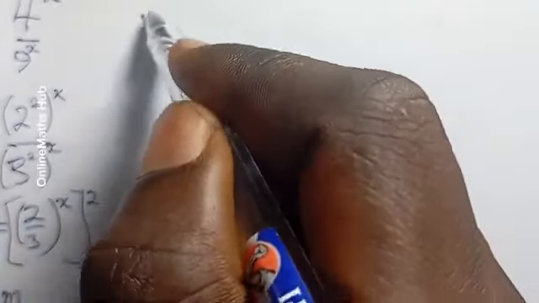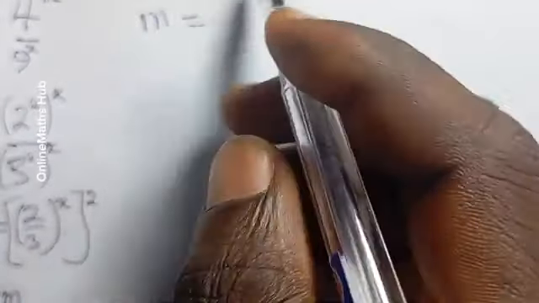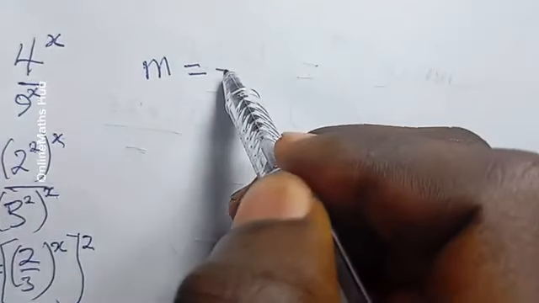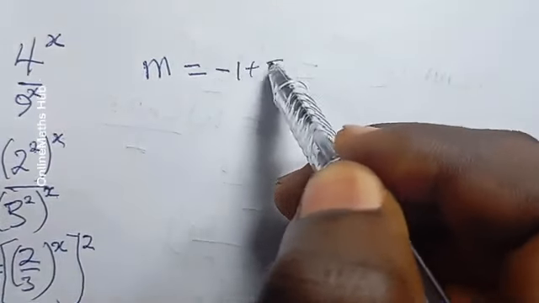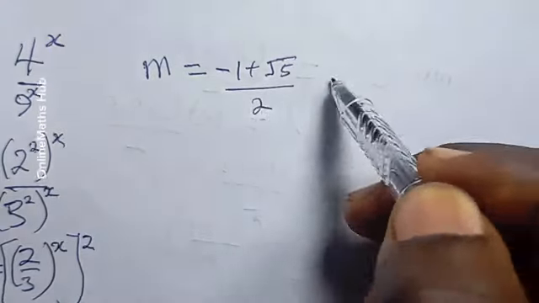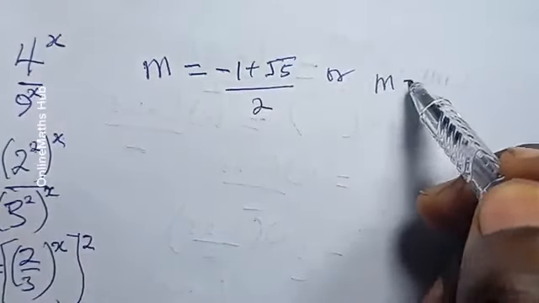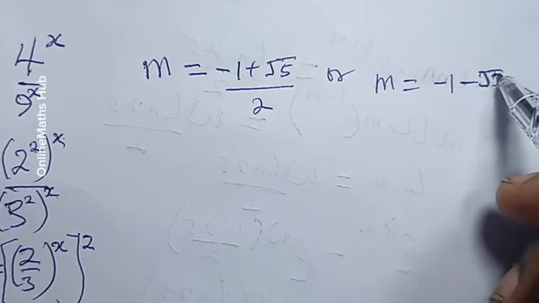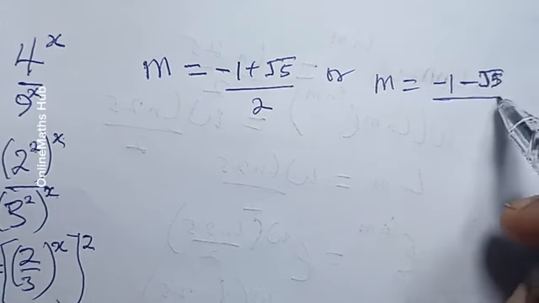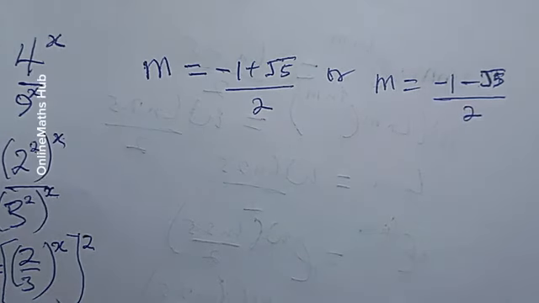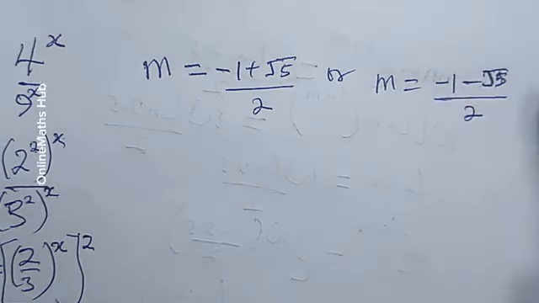So if I split the answers, what I will have is that first m is equal to negative 1 plus root 5, and then of course divided by 2, or m is equal to negative 1 minus root 5, and then of course divided by 2. So which of these is actually going to be the solution to this? Well, if you come over here